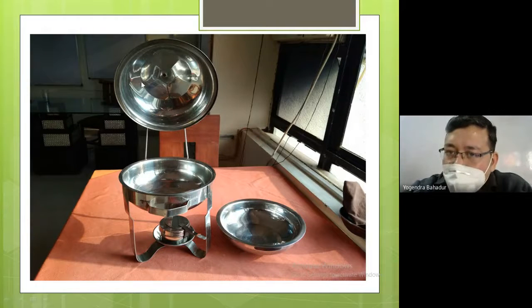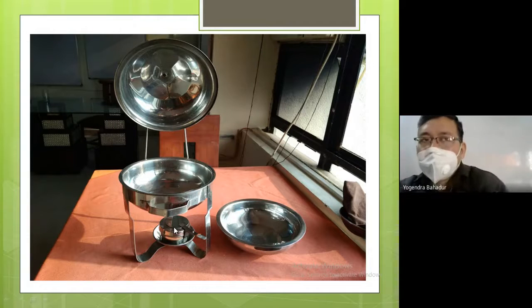It would be having this lid part. It would be having the container part, and this is basically the food pan part. Generally, we keep the food pan on the right hand side, and in this container you are going to keep the water. And just see its base. In the base, we are going to keep the fuel container. In this fuel container, we are going to keep the fuel, and we are going to light the fuel.